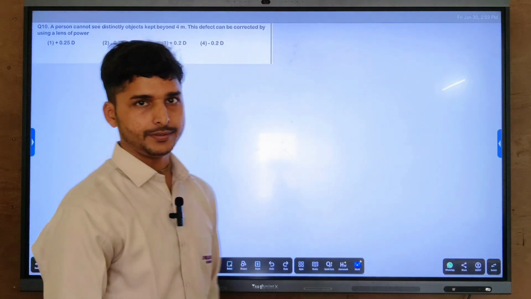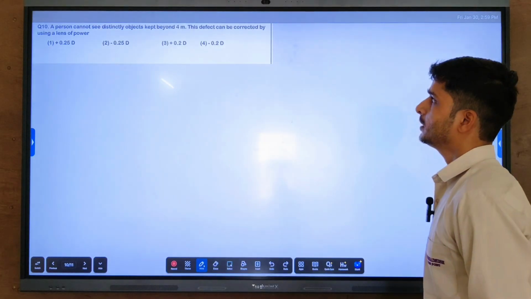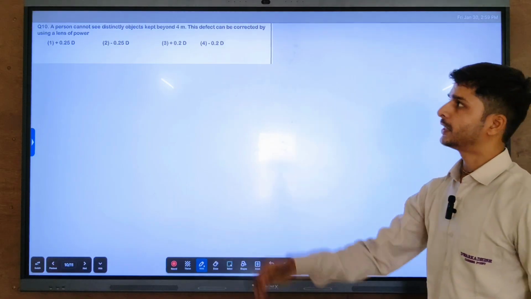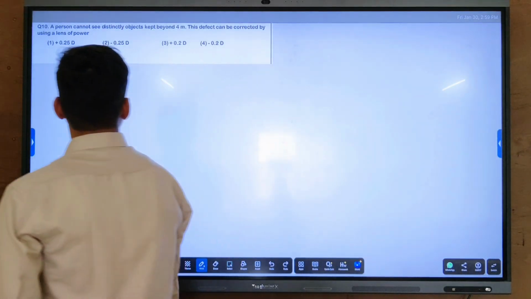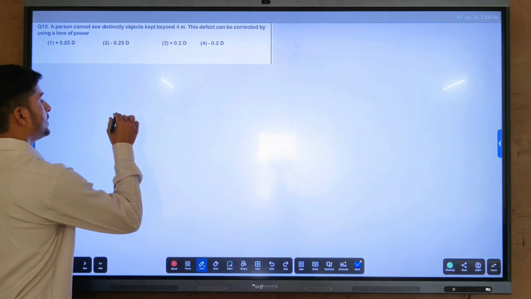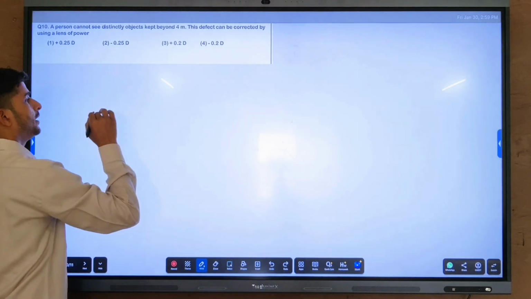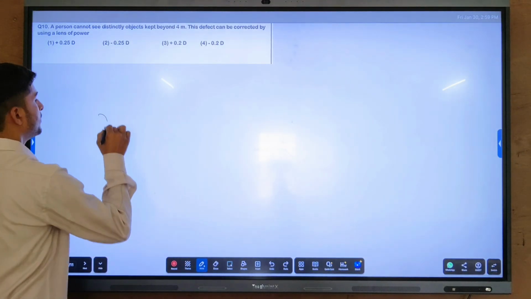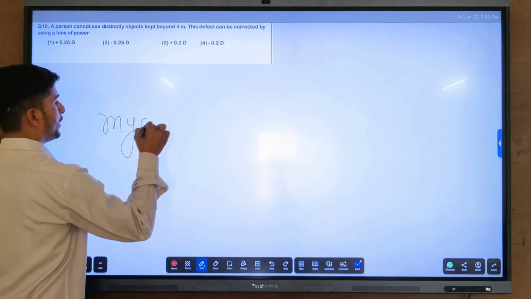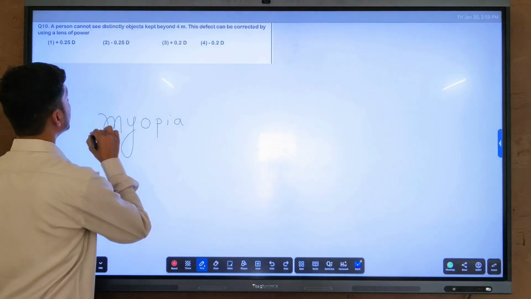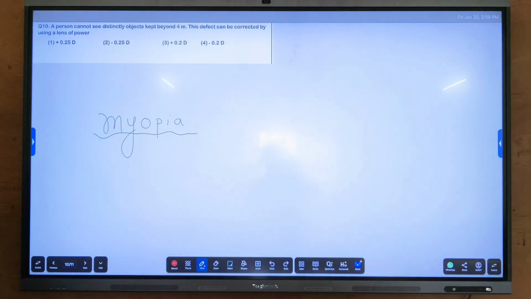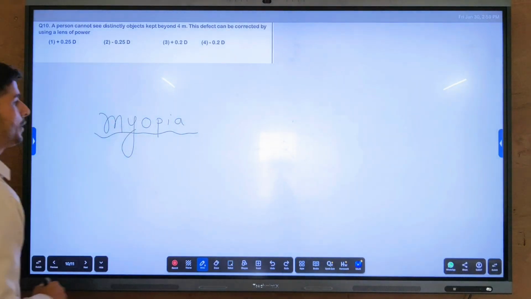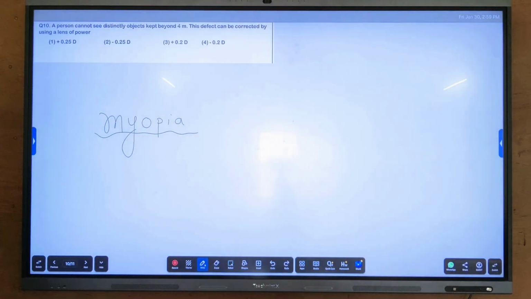Now question number 10, very interesting question। इसमें क्या पूछा है कि एक पर्सन है जो कि 4 मीटर के आगे देख ही नहीं पाता है, तो उसको क्या लगाना चाहिए। 4 मीटर के आगे नहीं देख पा रहे हैं, यानी कि जब हम दूर की चीजों को नहीं देख पाते हैं तो भी है मायोपिया। Okay, we have myopia, और मायोपिया के केस में हम लोग यूज करते हैं कॉन्केव लेंस।